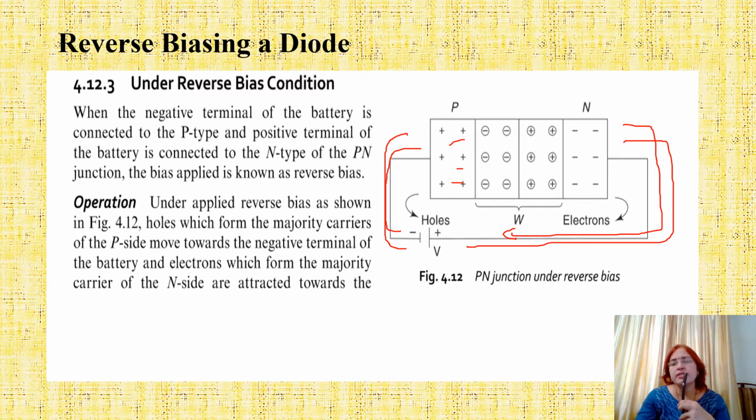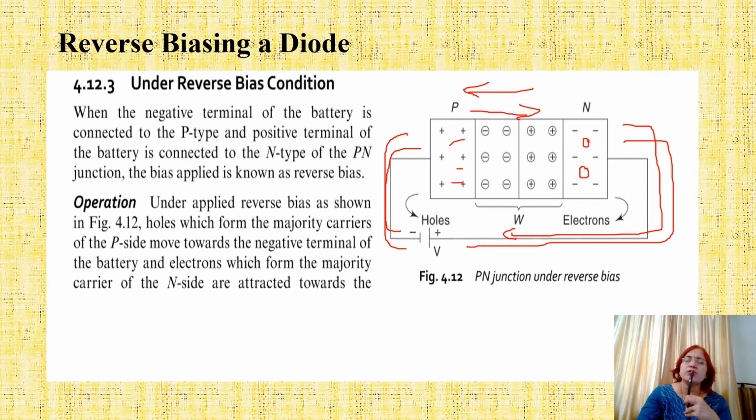Similarly, there is a presence of few holes in the n region, and these are called as minority charge carriers in the n region. So under the reverse bias condition, these electrons, which are the minority charge carriers in the p region, will move towards n region in this direction. Similarly, the holes in the n region, which are the minority charge carriers in the n region, will move towards the p region,